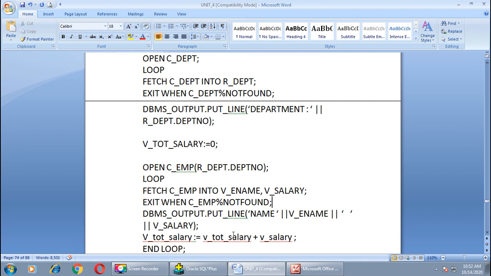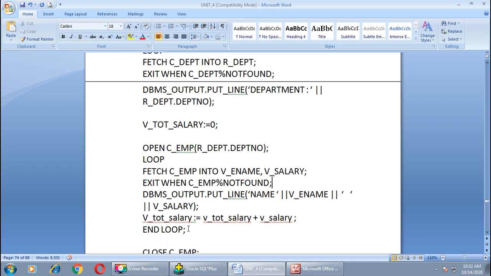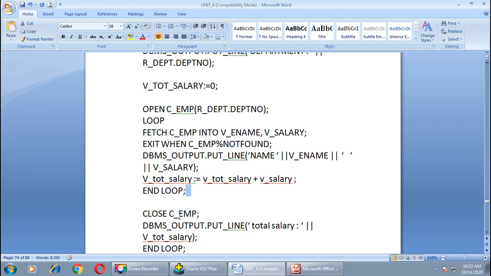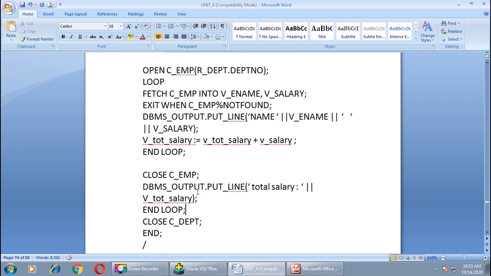And again we will get the total salary, the addition of the salary of all the employees working in department number 20. End of loop, close the cursor C employee, and then print the total salary for this particular department. Okay, end of the outer loop, and then close the cursor.